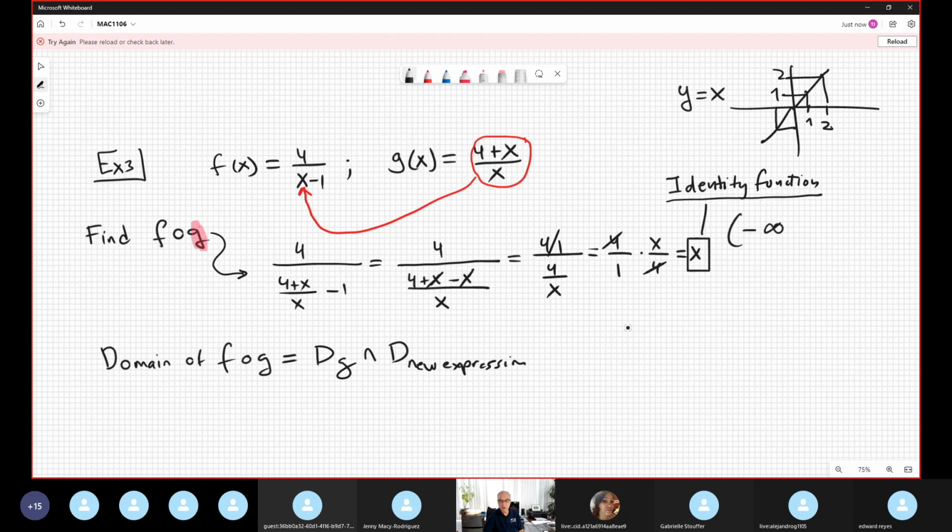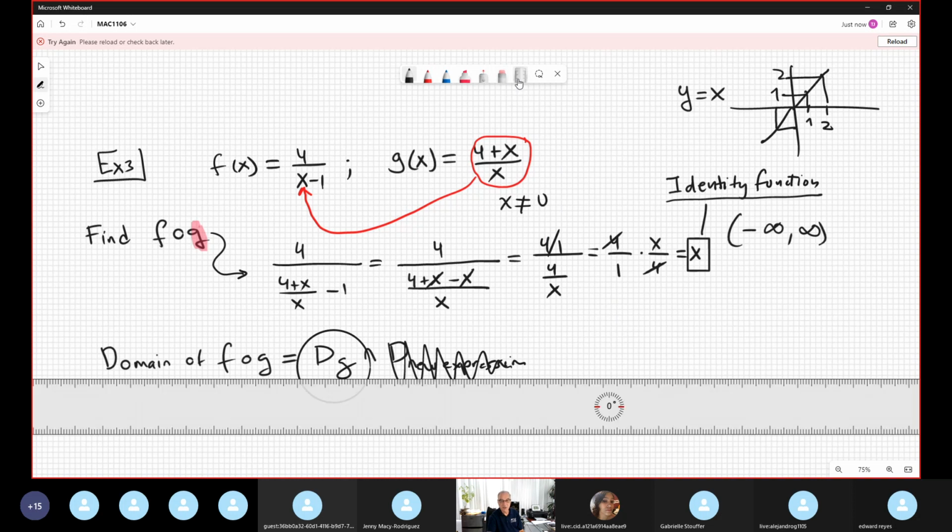Identity is all real numbers because it's a line. So no problem with that part. That part is irrelevant. The important part is this. And the domain of g is x not 0. X not 0. Okay,